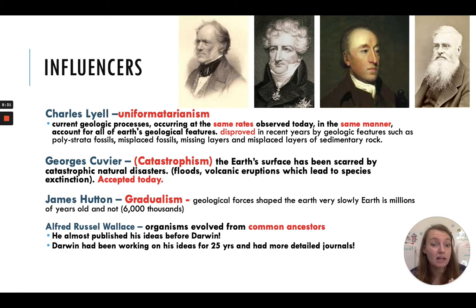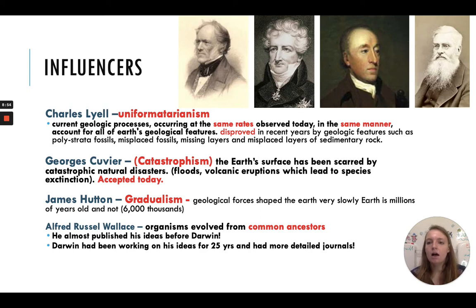and everyone really thought in that time, that it would take a lot longer for the Earth to look the way that it does. So that's James Hutton, the idea that Earth is actually really old, more like millions of years old, which was controversial at his time because everybody thought, no, the Earth is 6,000 years old. Like if you map out based on the Bible, that's how old it is. So that was a little controversial for his time.